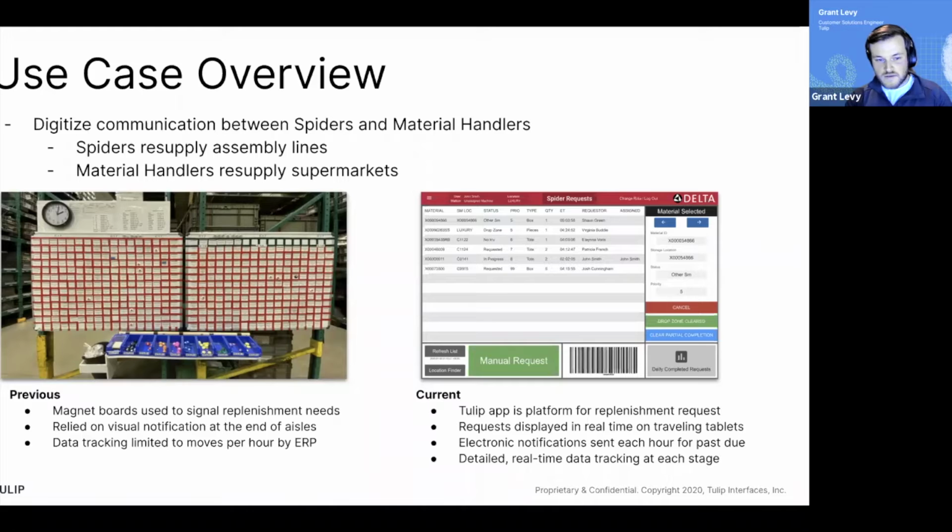And the previous system was that physical magnet board, which represents a large matrix of every part or component that's stored in that supermarket. What water spiders were previously doing is using different colored magnets to indicate on the board when material was out of stock and when they needed a restock, to make sure that the assembly line's production sequence wasn't going to be impacted. Now, as you can imagine,